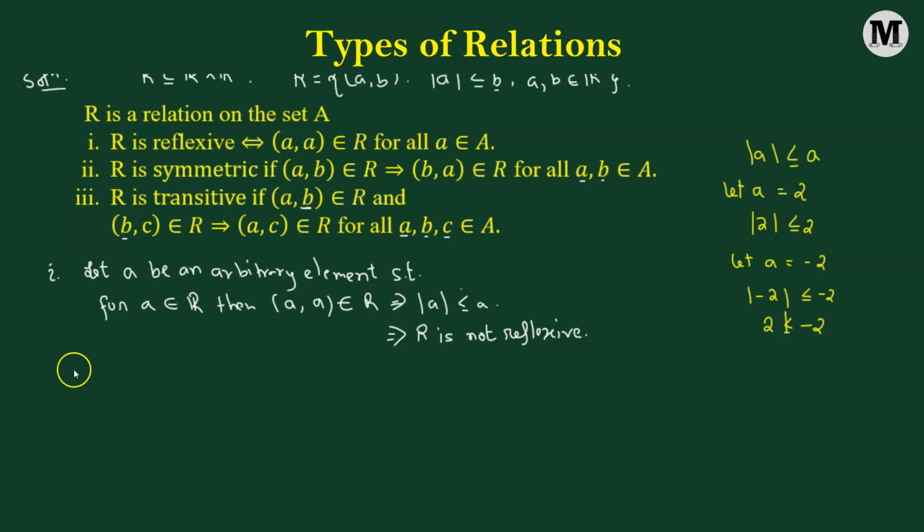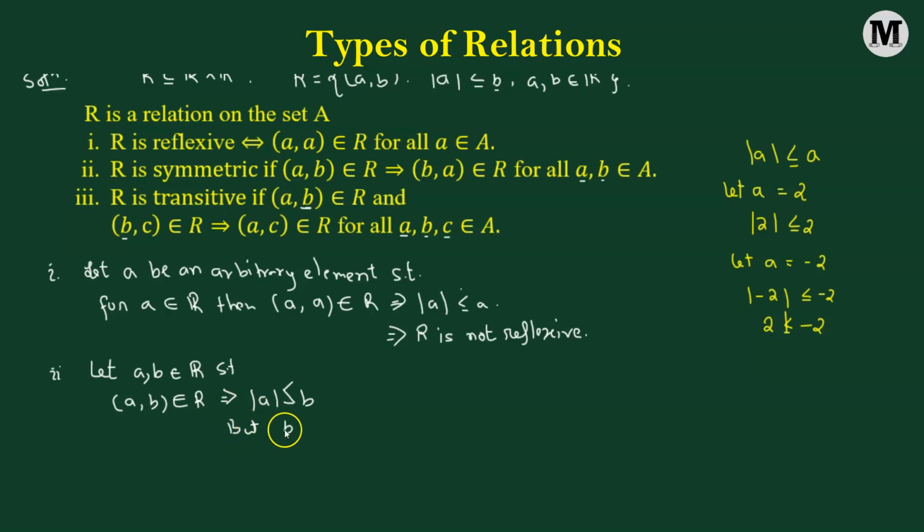So we're going to use the definition for symmetry. For this, we're going to consider two elements A and B, belonging to the set of real numbers, such that the ordered pair A comma B belongs to the relation R. Then, according to the definition, it must imply that absolute value of A is less than or equal to B. That is the definition of the ordered pair A comma B belonging to R. But